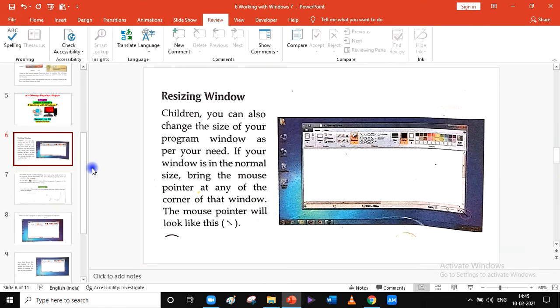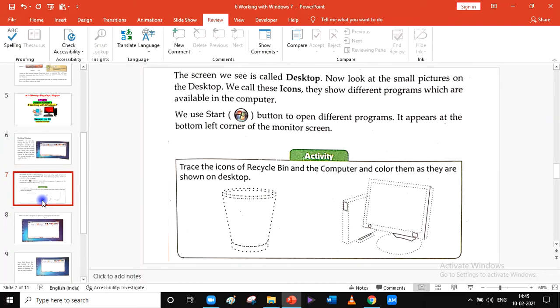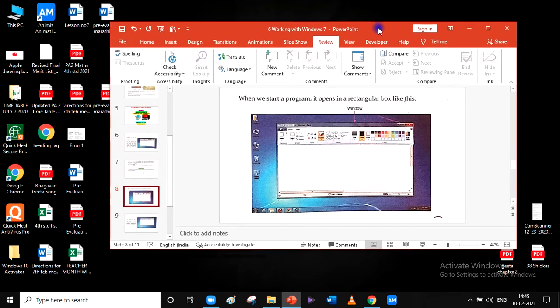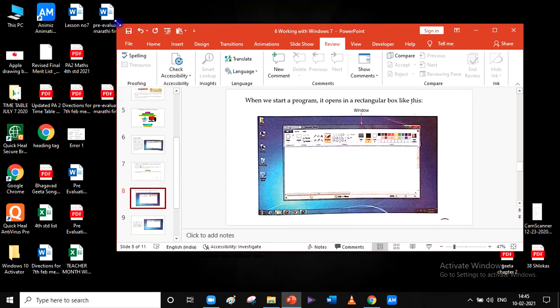Okay, now let's learn more about it. Now this is how we change the size of our screen. We can do one more thing. Remember, not only the corners, but we can go to the borders of our window also.